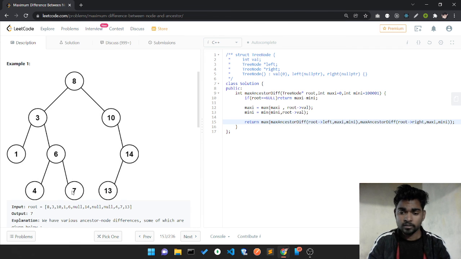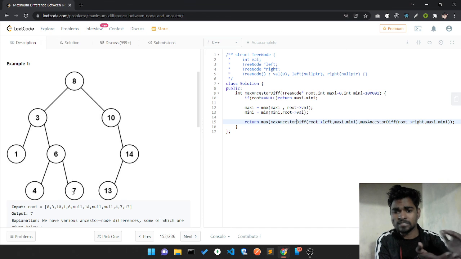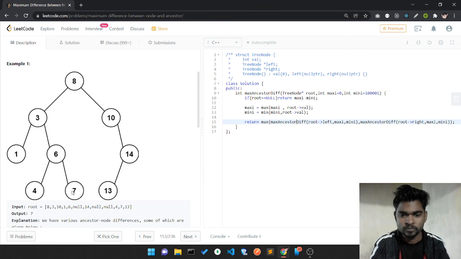After that, whichever has the higher maxi minus mini value, it returns to me. So let's check whether it works or not.